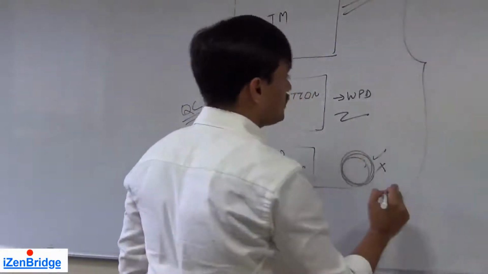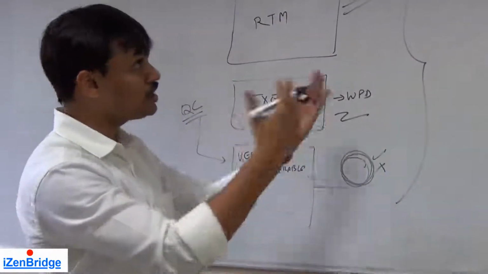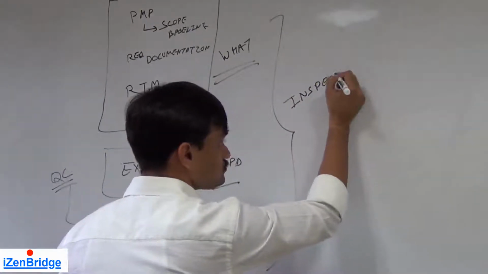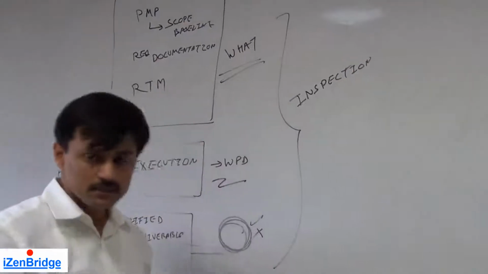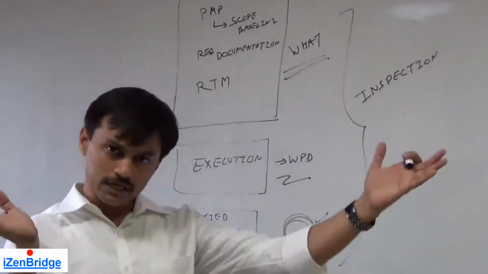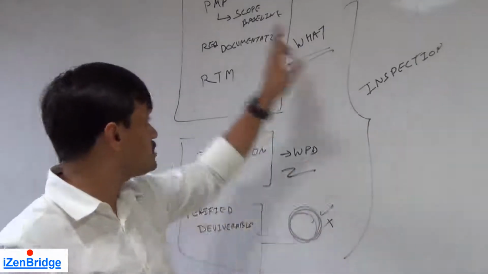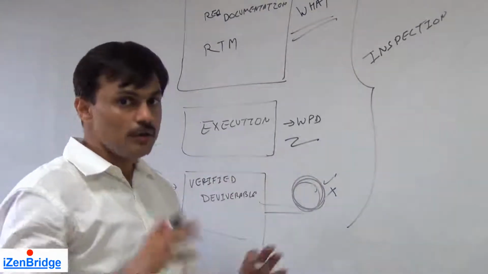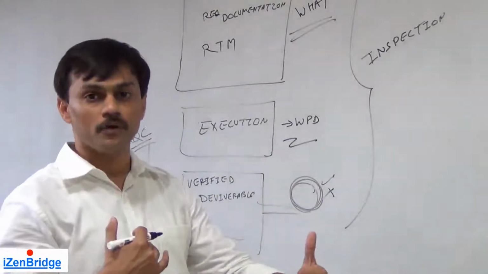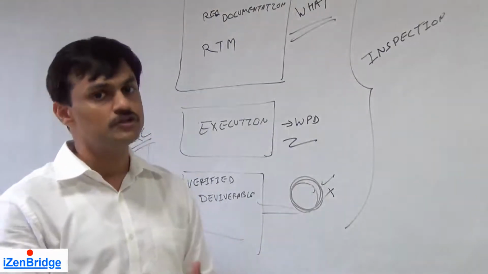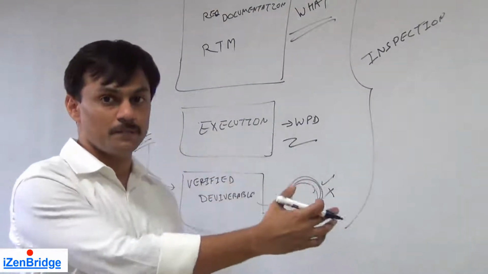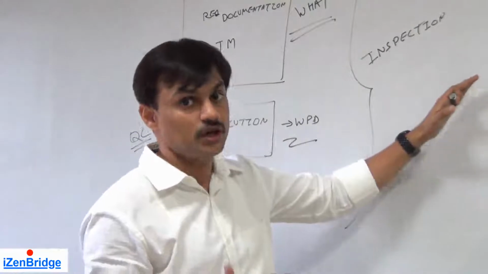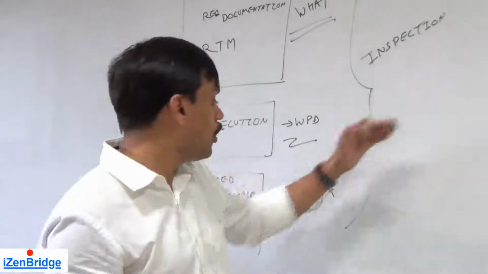So how do we do that? With these three inputs, they trigger the process of validate scope. We perform inspection. So we select this deliverable, full deliverable or part of it depending upon the process mentioned in the project management plan, scope management plan, and we apply those inspection techniques. For example, if it's a software project, then we may pick all the acceptance criteria which we have documented in our scope management plan as customer acceptance criteria or customer acceptance test cases, and we execute those inspection test cases on the given deliverable.